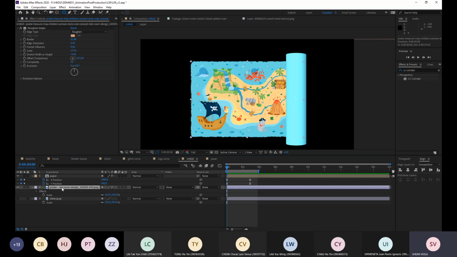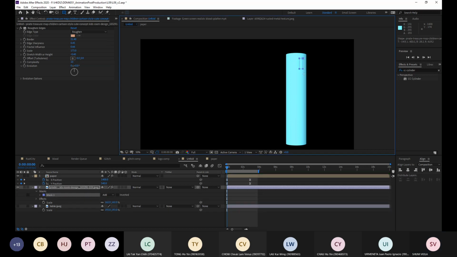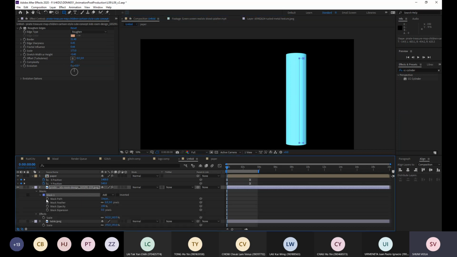step is we need to use the mask function, okay, to mask out some of the map here. Okay, so I have to select the pirate layer here and use the rectangle tool. So firstly, I would draw a very small rectangle shape like this. This is my mask. And I will add a keyframe at the beginning by switching on the stopwatch here